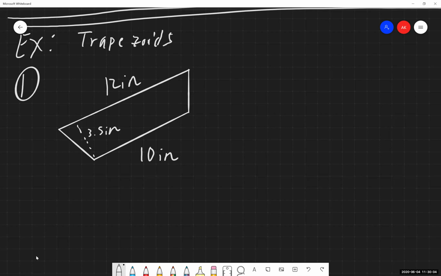I'm working with trapezoids. My recommendation to you guys, every time you're going through an area, perimeter, geometry problem, determine the shape and then determine the equation that you are using and write that out for yourself at the very, very beginning. So I'm working with the area of a trapezoid. I'm going to write that out. It's the general equation for that.